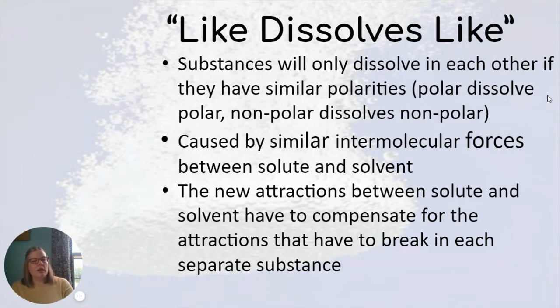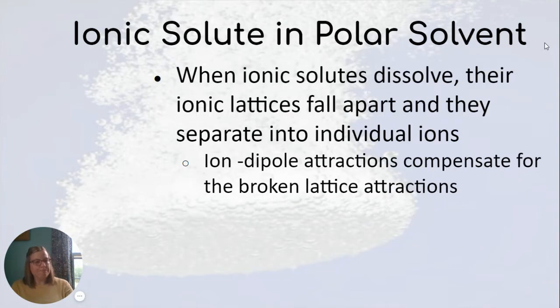And so we're going to talk a little bit about the particle diagrams that go with that. And then you'll see this a little bit in the lab that we're going to run for chromatography. So if I take an ionic solute and put it into a polar solvent, that very structured ion lattice that we've talked about with ionic bonding, those ionic bonds are very, very strong. When you put them into a polar solvent, and most of the time when we're talking about ionic solids, we're talking about water as our solvent,